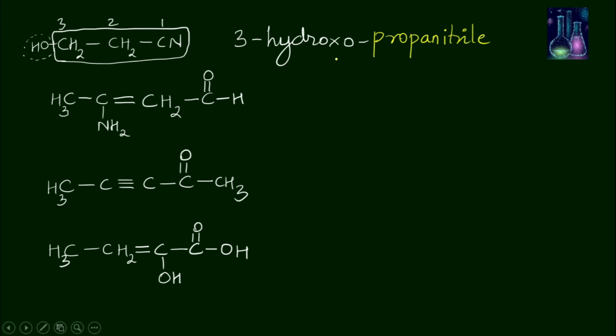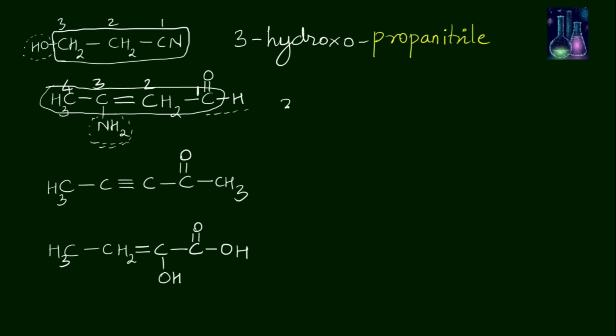Next molecule. This is your longest carbon chain. You have an aldehyde functional group. You have an amino functional group. You have a carbon-carbon double bond also. So here the first preference goes to aldehyde. 1, 2, 3, 4. Now the substituent amino is on the third carbon. Therefore, 3-amino